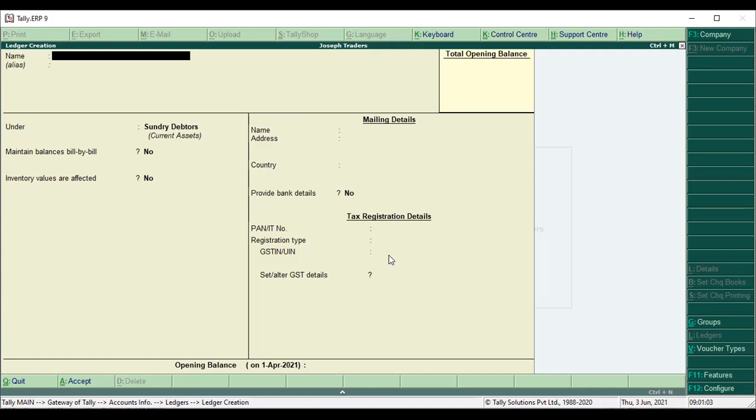Why are you not creating it? Why we don't want to create it?